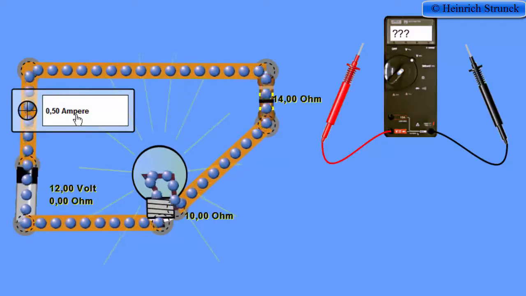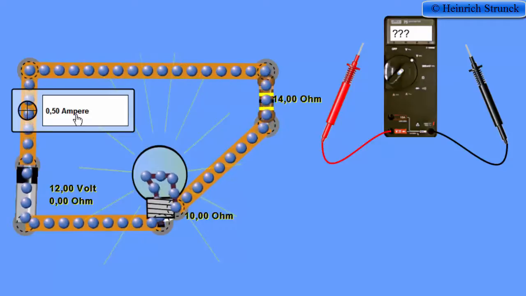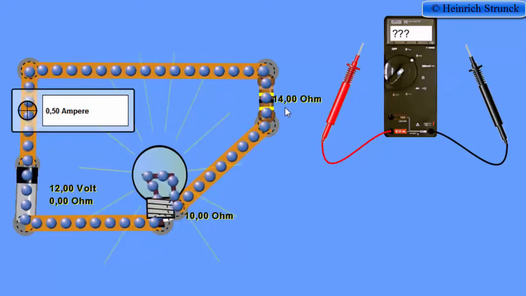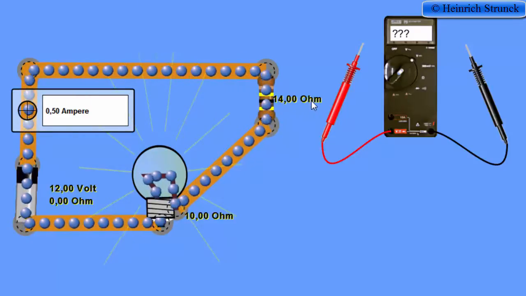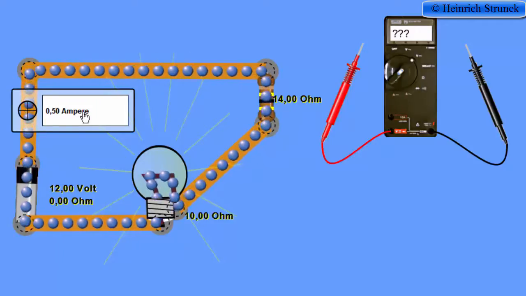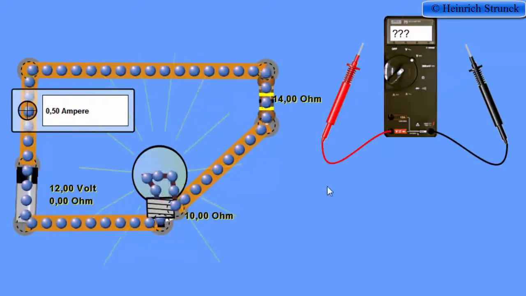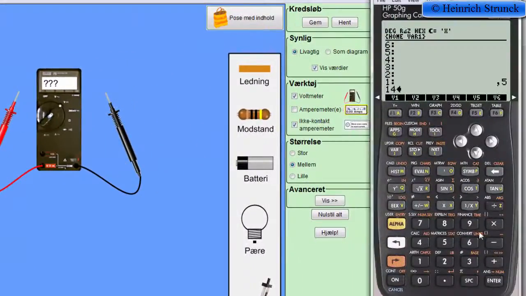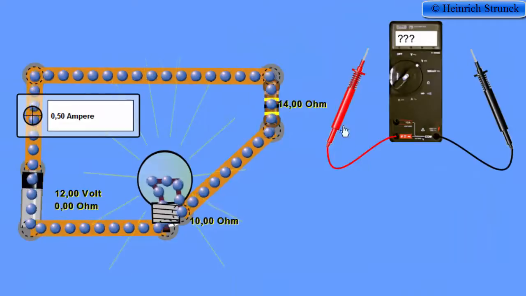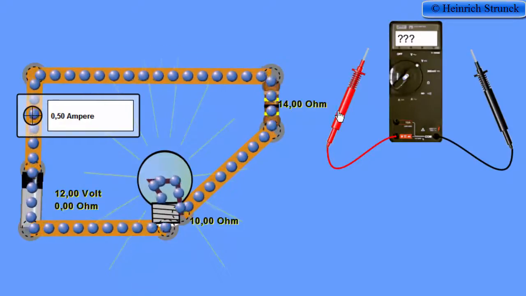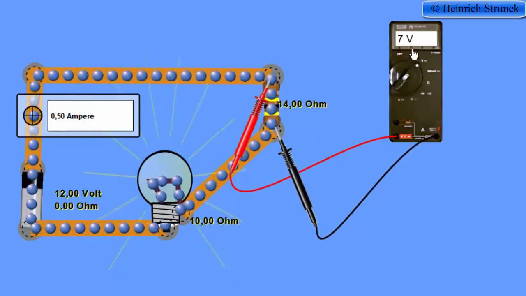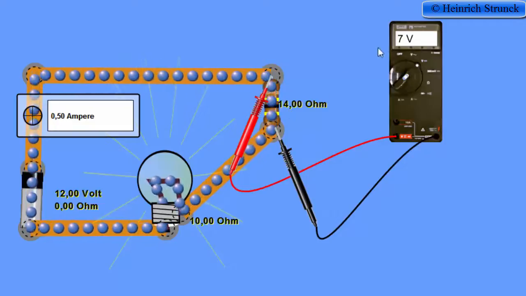Now we know that the current in the circuit is 0.5 amp, and if we want to calculate the voltage drop across the resistor of 14 ohm, we just can multiply the 14 ohm by 0.5 amp, and we know that it is 7, but we can just find out by the calculator. Yes, it is 7 volts. So if we're now going to measure the voltage drop across the resistor, we can see that yes, it is 7 volts. It is positive 7 volt